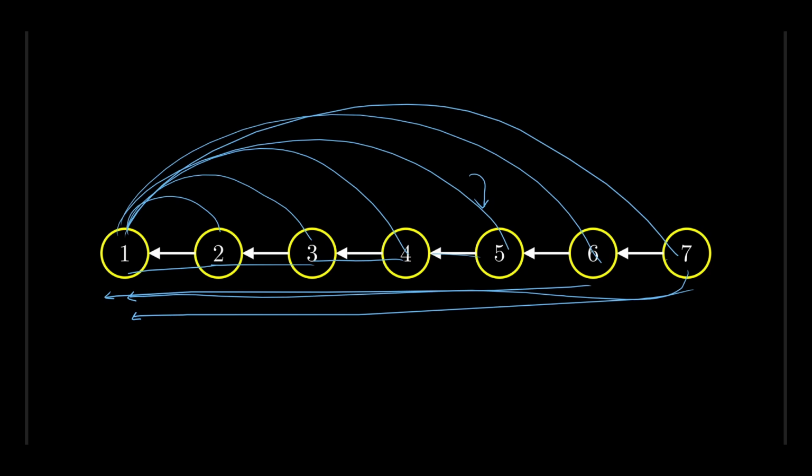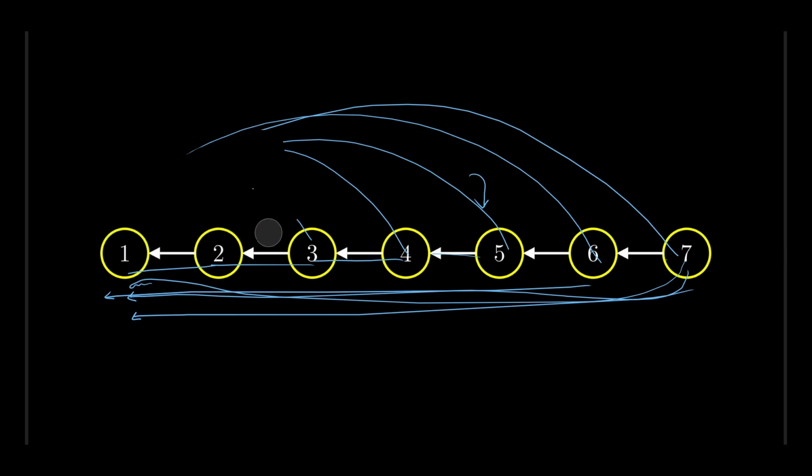But now notice some interesting properties about these curved arrows that I have drawn. Since you already have a path from any of the vertices to 1, it is not necessary that vertex 1 has a direct connection with vertex 2 or vertex 3 or vertex 4 or all the vertices, right? A direct connection is not necessary because you can have some indirect connection as well. For example,